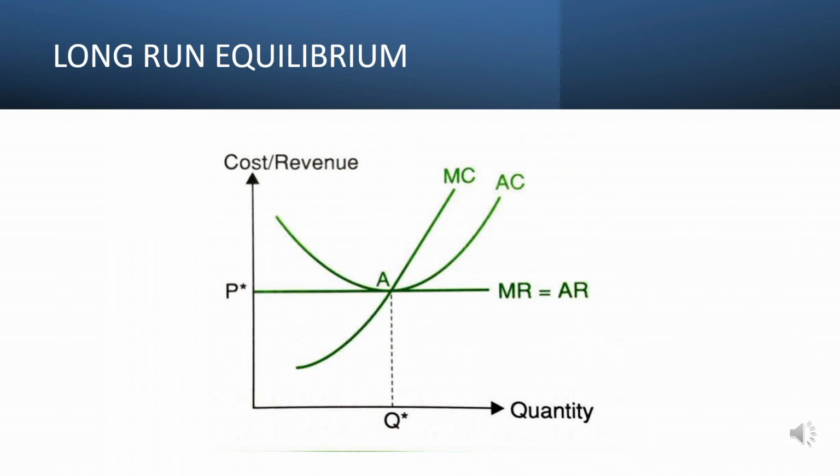It therefore follows that for a perfectly competitive firm to be in a long-run equilibrium, the following two conditions must be fulfilled. First, marginal cost equal to price. Second, price equal to average cost. Price equal to marginal cost equal to average cost. But from the relationship between marginal cost and average cost, we know that marginal cost is equal to average cost only at the minimum point of the average cost curve. Price equal to marginal cost and equal to minimum average cost.